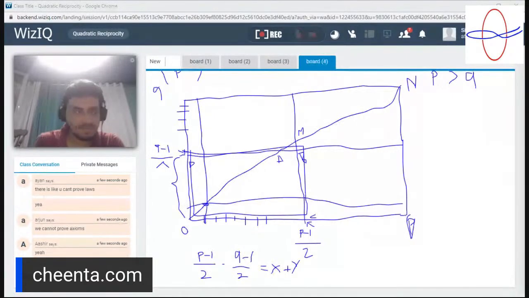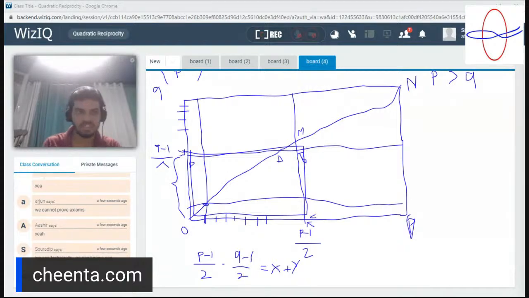So just completing this proof, we are looking at the number of points within this rectangle, which directly from combinatorics comes up to (p minus 1)/2 times (q minus 1)/2. Because for each,